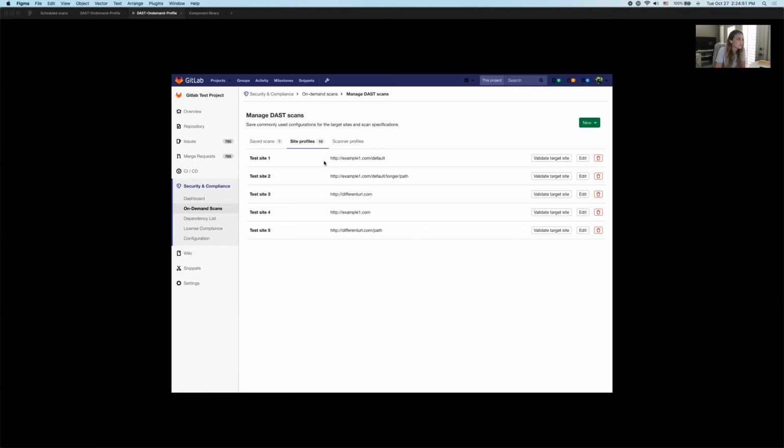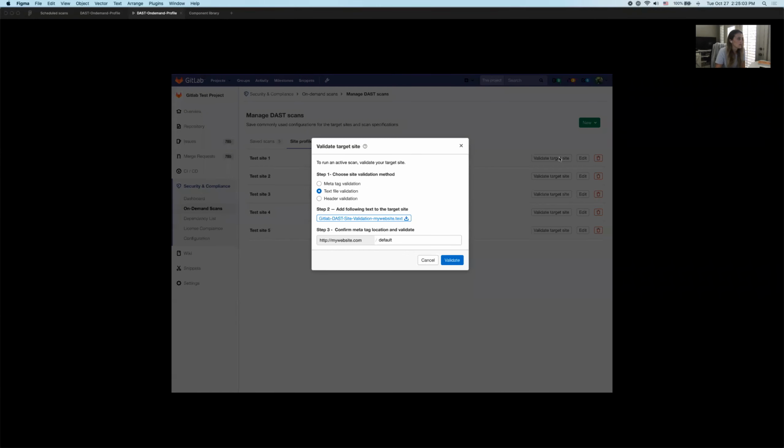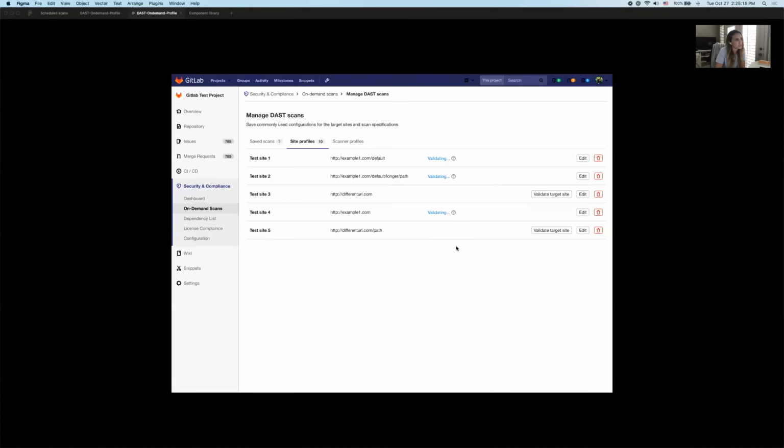In this example, you can see that this row and this one all have the same base domain, which is example1.com. If you click validate on the first one, you're taken to this modal, which looks familiar. It's exactly the same as the content from the previous validation section. You follow the steps as usual, you click validate, and immediately you see validating on every row that shares that